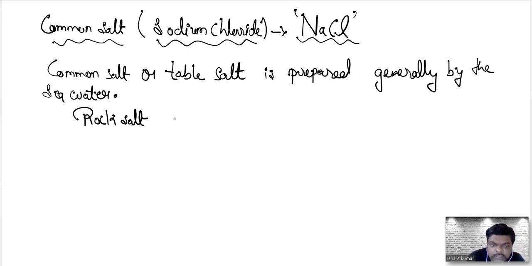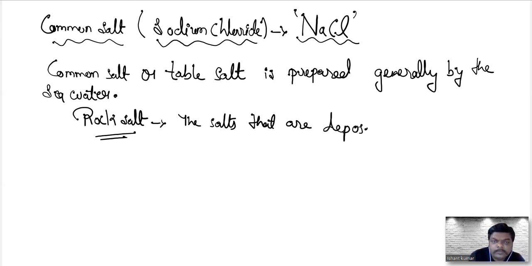In your home, you have seen large lumps of salt. Generally, we bring them from the stores, break them into smaller pieces, and then use them. In general, we call it sendha namak also. So what is this rock salt? Rock salts are nothing other than salts that are deposited in the earth's crust